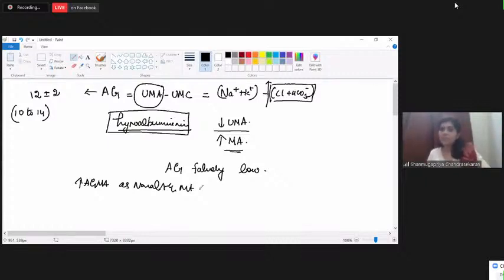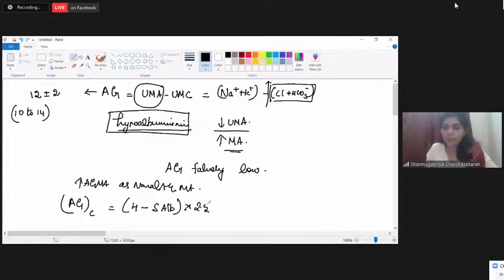Do you understand this? That is why before you interpret anion gap, you should have the value of albumin in hand. Only if the albumin value is normal, you're going to take the value as such from the report. If albumin is less than 4, there is a correction factor for anion gap. Corrected anion gap is equal to 4 minus serum albumin, whatever albumin the person's blood shows, into 2.5, plus the calculated anion gap.